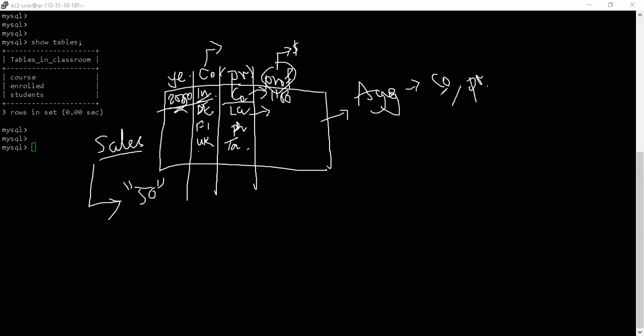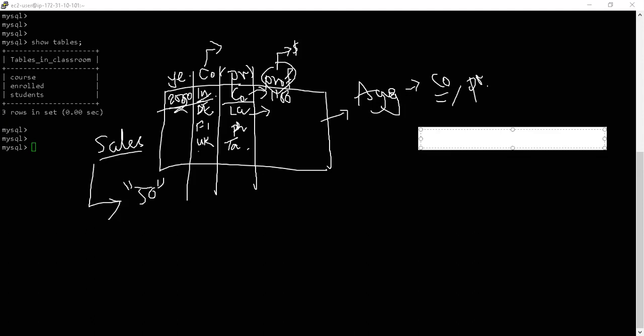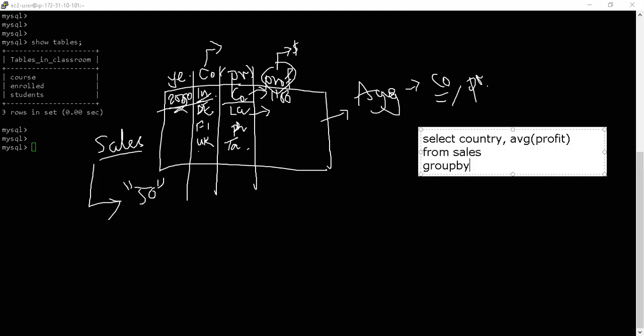So I'm going to write a query like: select country, comma, average of profit. I just want to know what is the average profit per country from sales, group by country, order by average profit descending.